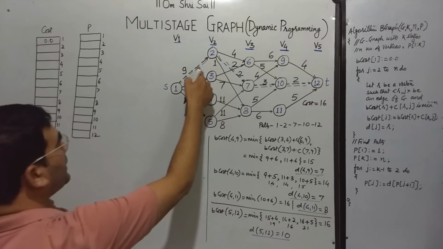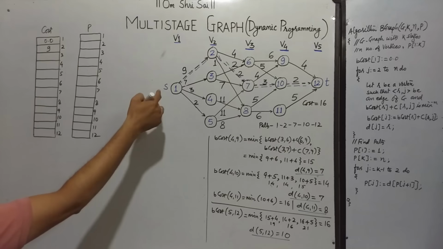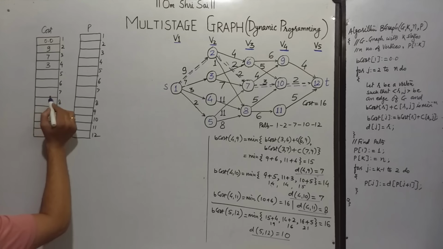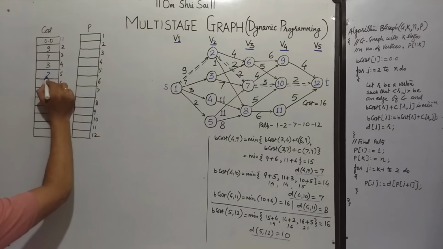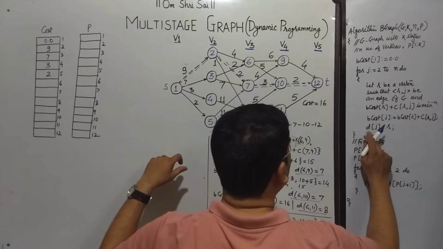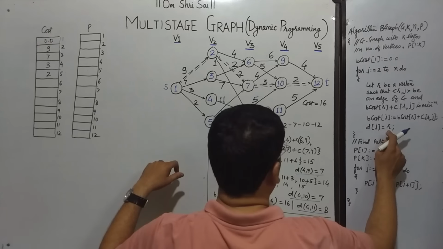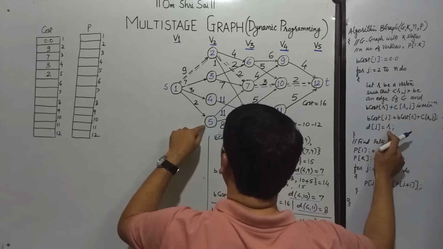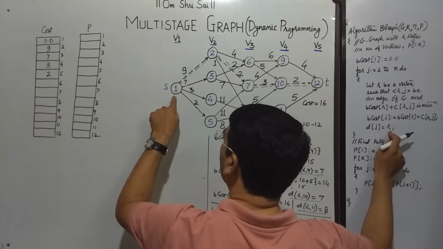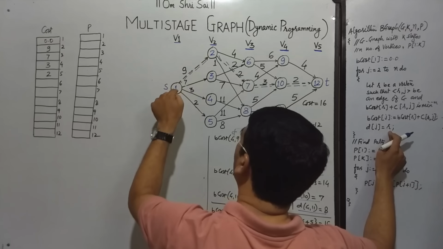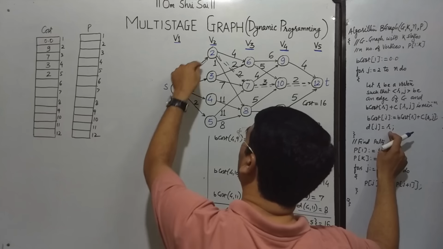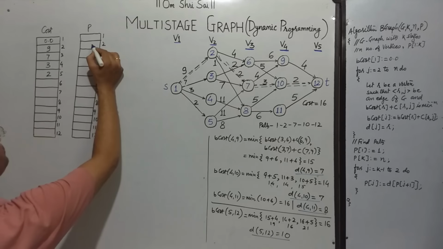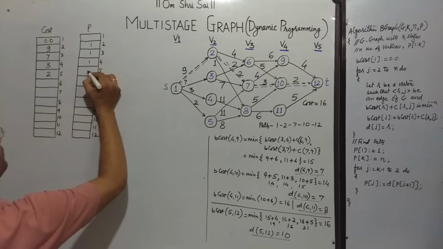तो देखिए 2 के लिए क्या वैल्यू पुट करूंगा मैं 9, 3 के लिए क्या वैल्यू पुट होगी 7, देन 4 फॉर 4 इट विल बी 3 एंड फॉर 5 इट विल बी 2. फॉर j इज इक्वल टू 2 व्हाट विल बी द d ऑफ j, that is r. So here for all the entries ranging from 2, 3, 4, 5, the vertex r will be the common vertex, that is 1. क्योंकि यहीं से हम लोग यहाँ पर जा रहे हैं और इसी वर्टेक्स के कारण ये डिस्टेंसेस मिनिमम हम लोग फाइंड आउट करेंगे. सो यहाँ पर सारी एंट्रीज आपके पास जो होगी वो क्या होगी 1, 1, 1, 1.